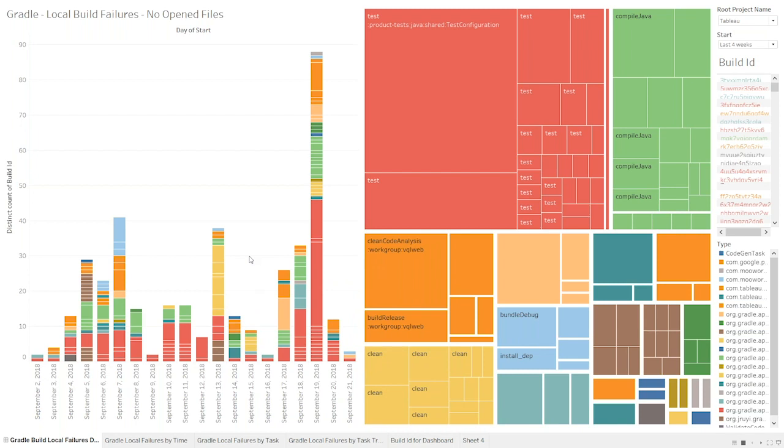so that the Gradle clean task could not delete them, which points to one of the perils or pitfalls of this kind of analysis. In our pursuit of clean data to work with that was as free of noise as possible, we made ourselves a little bit susceptible to one person or a small number of people doing a lot of builds and amplifying the signal of a relatively minor failure. So in this case, there is no substitute for expertise, for domain knowledge of the build, for domain knowledge of